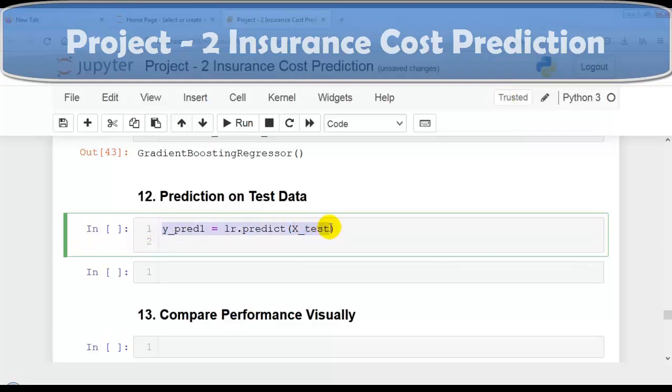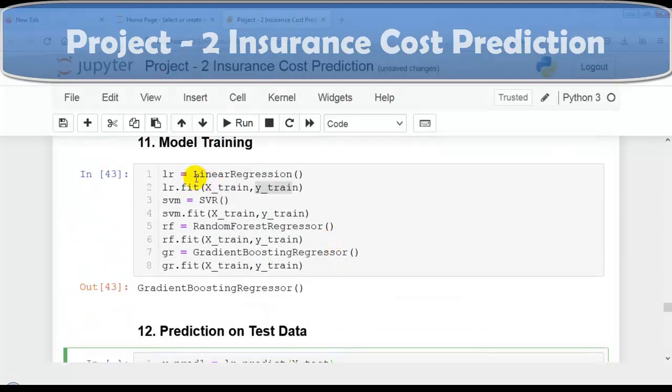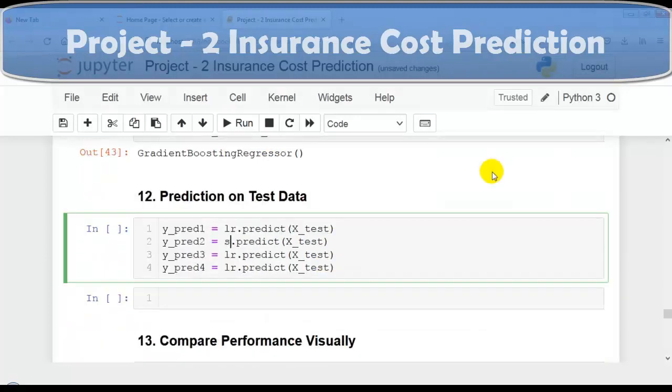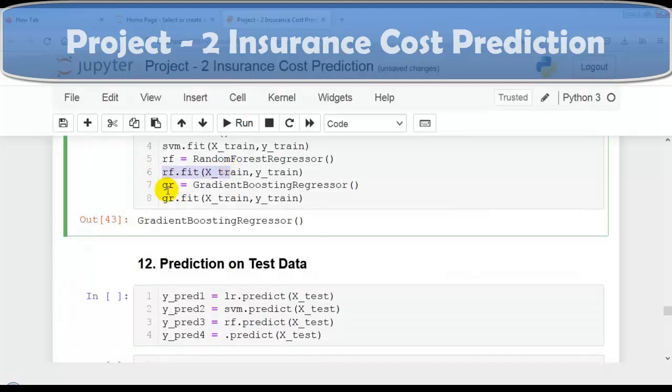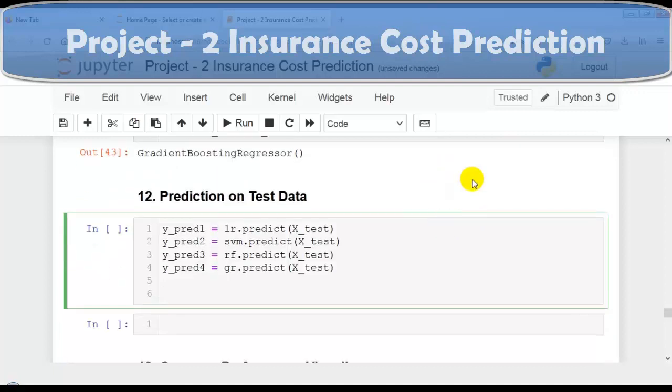To save our recording time, let me copy this statement 4 times for our remaining models. Here, prediction with our first model, linear regression. Now, let's use SVM, and random forest regressor. And now let's use gradient boosting regressor, GR. Now we are also going to compare this prediction with actual values, which is available in Y_test. For that, let me create one data frame so we can compare it easily.